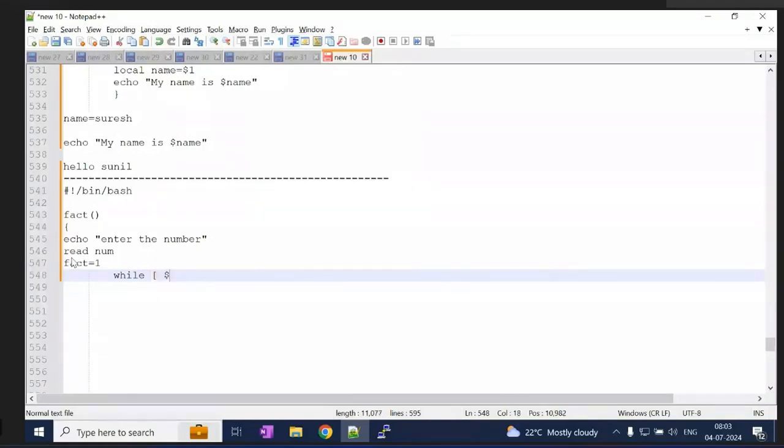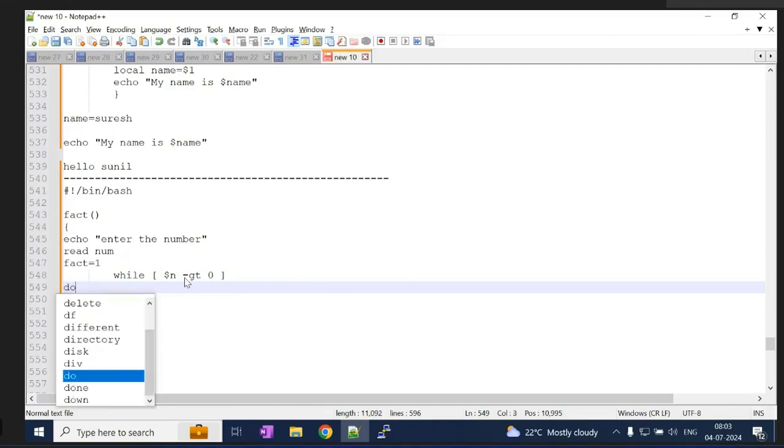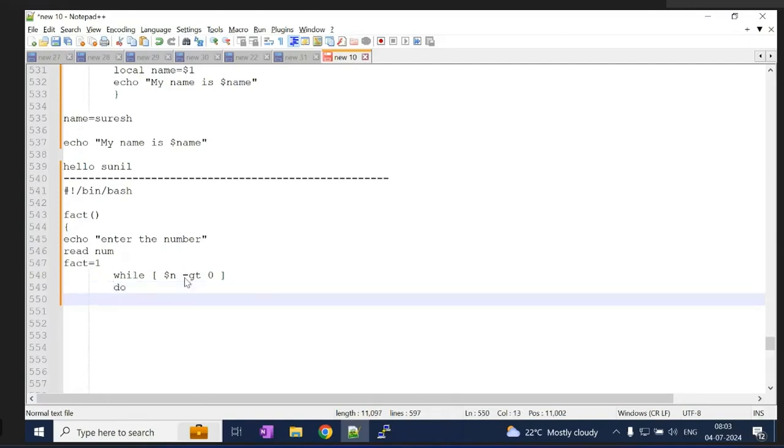And say $n. Whatever number we are giving here will be considered as n. So n which is greater than 0, then do inside the do statement, fact, what can we do?